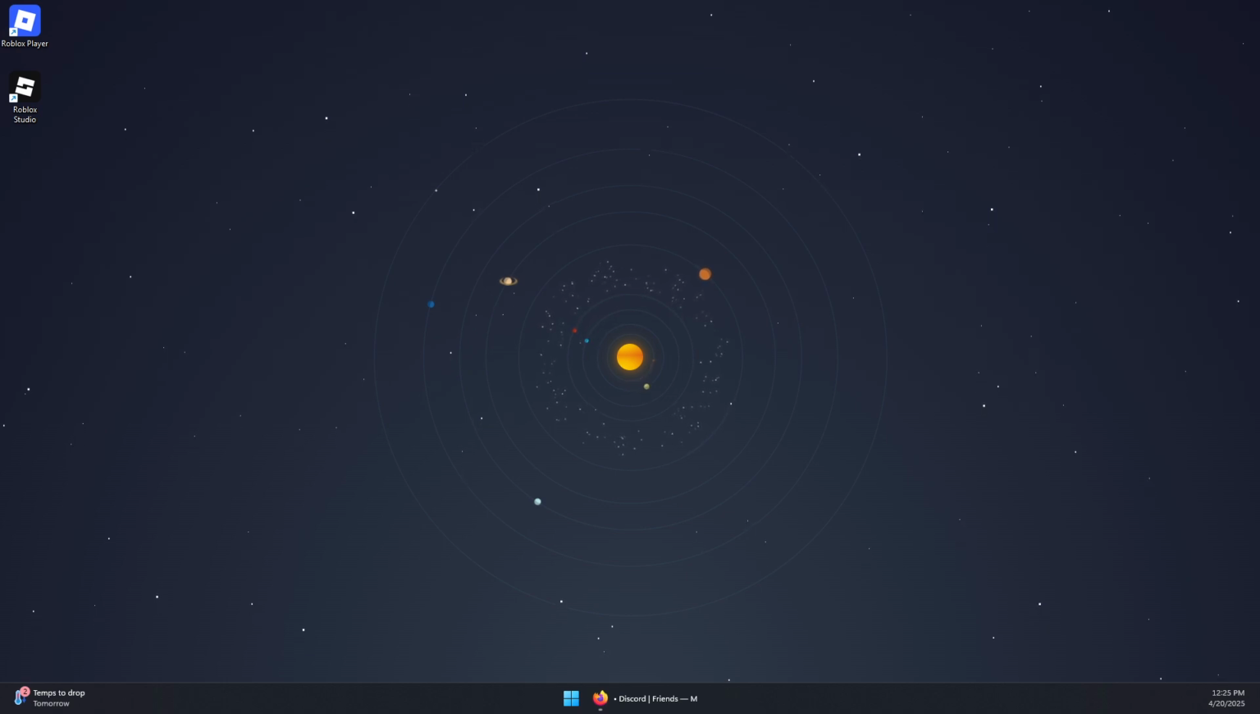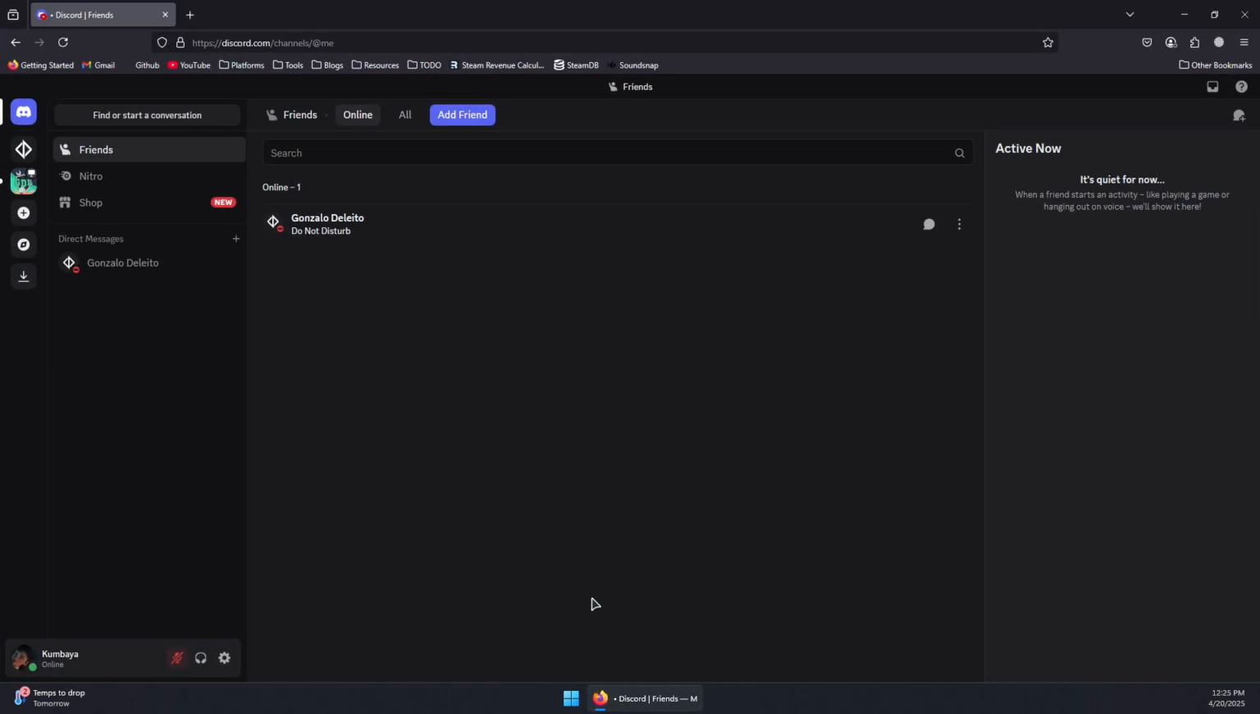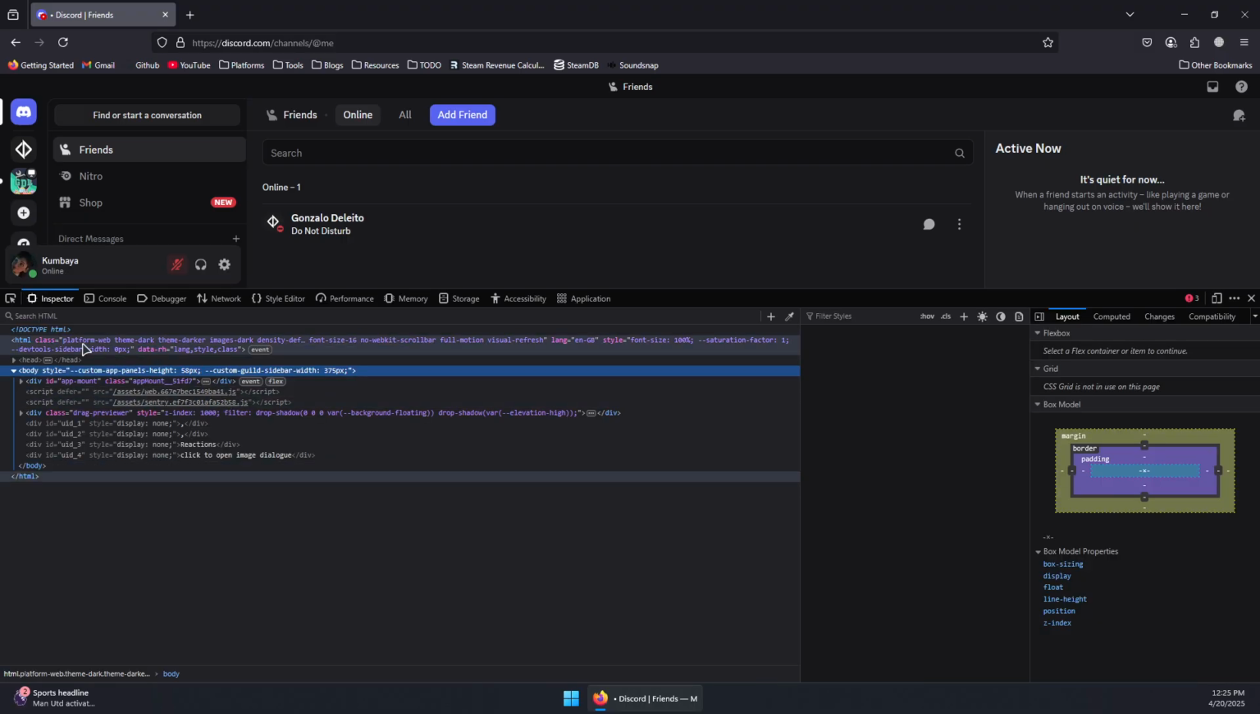So here's how to find your Discord token. First, you'll need to open the browser. It could be Chrome or Firefox, it doesn't matter. Now you need to log into your Discord account, and in the Discord selected, press F12 and it should open